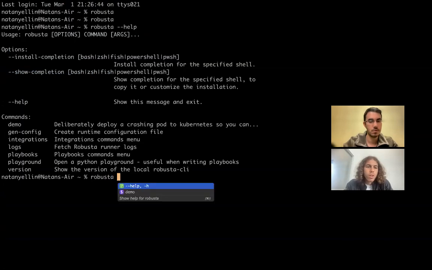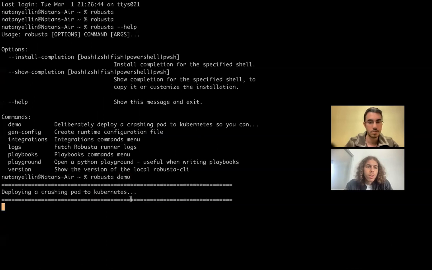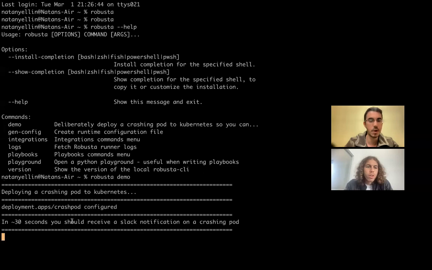So just type Robusta space. There you go. Nice. And then I can see here like make stuff crash. If you hit the down arrow, yeah. Okay, and then this deploys a crashing pod and Robusta will do stuff, but okay. So that's cool. And so take it as homework to try and see if I can fix something with the